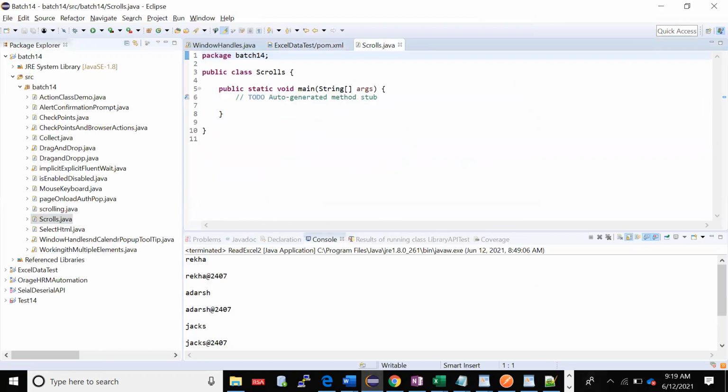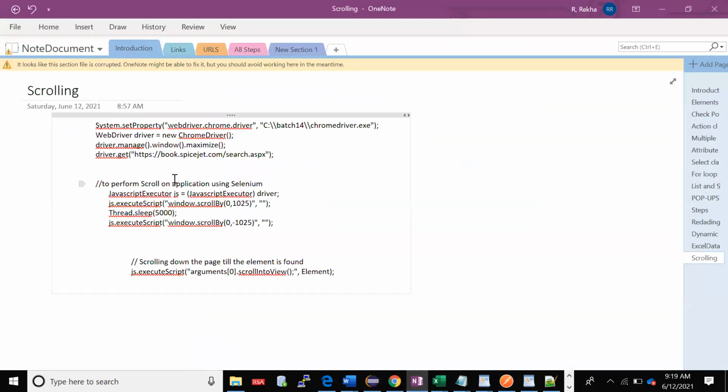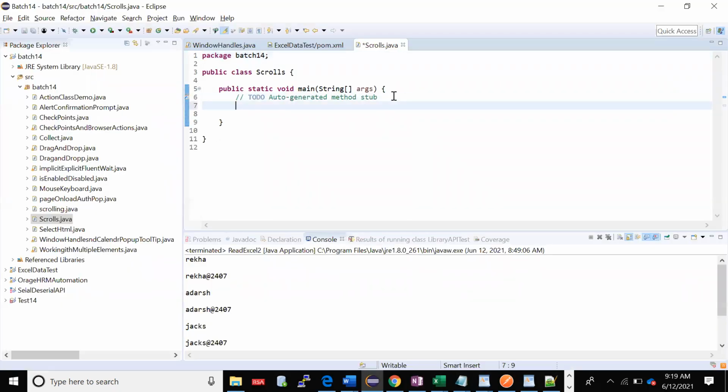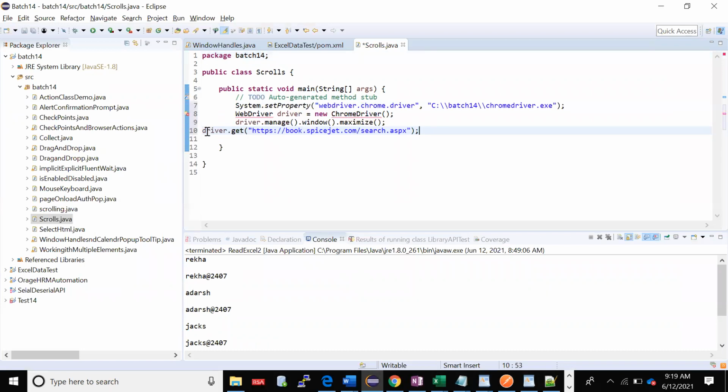What was my prerequisite? I'll call the JavaScript Executor interface. But before doing that, I'll set the properties, maximizing and all, I'll turn it off.